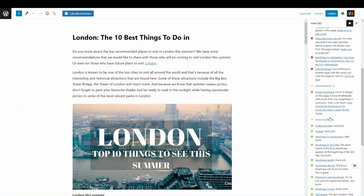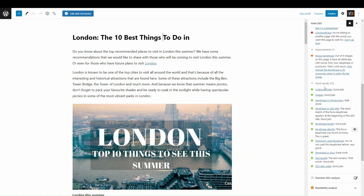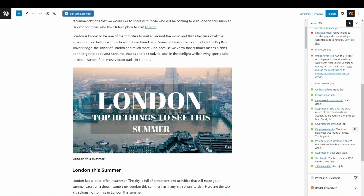Other things that it shows you that you're doing well are things like outbound links. Outbound links being links to other pages that aren't on your website. This could be another website, this could be links to social media, all of those kinds of outbound links. So it's good to have them within your page, and obviously you get marked up if you have them there. Images as well, so it's good to have images to break up the text and improve the readability of it. It also helps if there's an image with the key phrase as the alt text, so make sure you also have that as well,